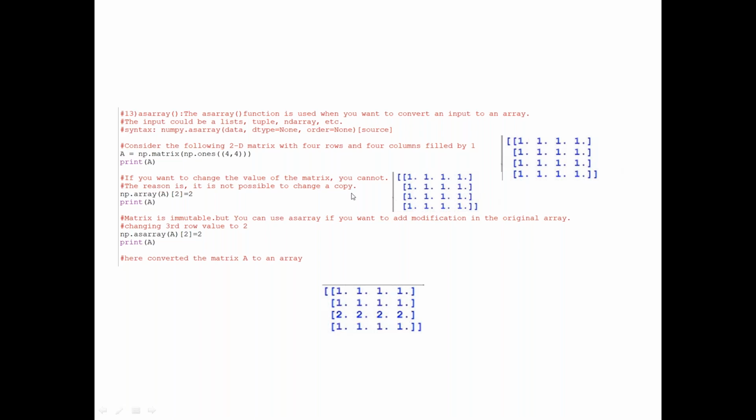So that is the difference between array and asarray. Array is to convert as an array for numpy operations. When you're using a matrix function, sometimes your data cannot be changed, and you cannot do any kind of aggregation on a matrix. In those scenarios you are going to use asarray.